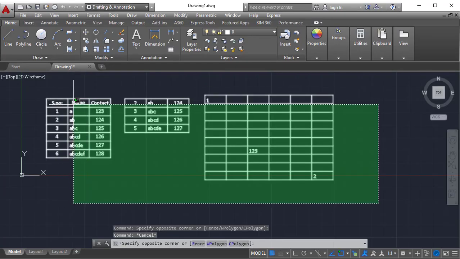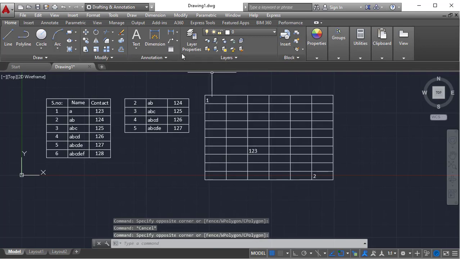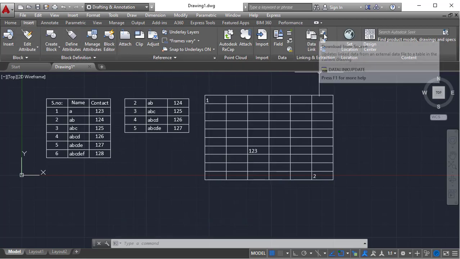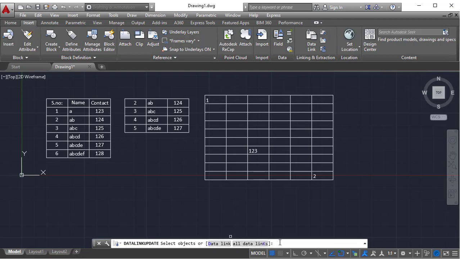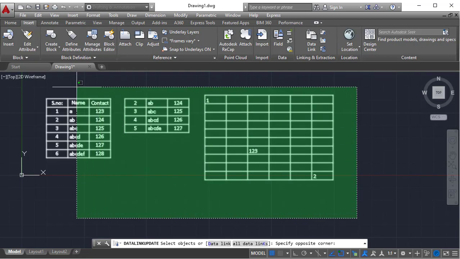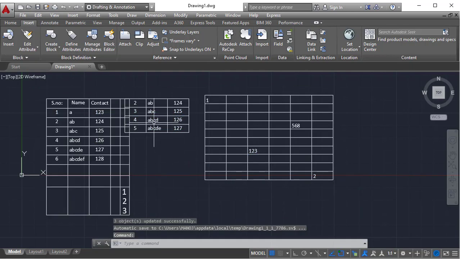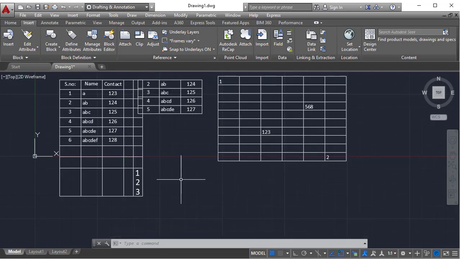See, you don't need to select everything. You can simply do one thing at the insert panel. Go to data link, right beside it download from source. If you click it here, select objects or data links, select all, click enter. It is loading. See, right away it is updated. This is how you can